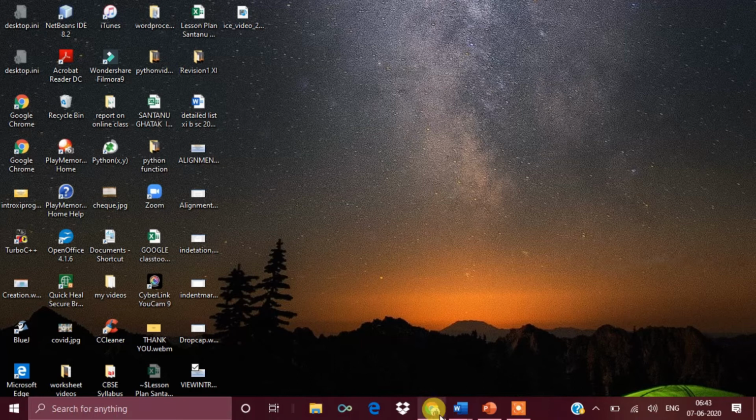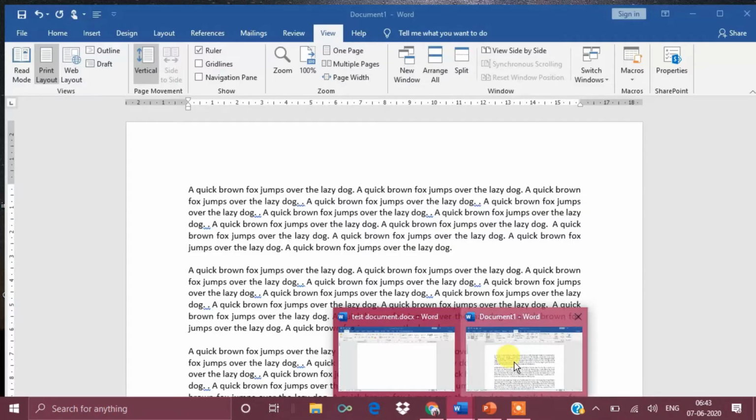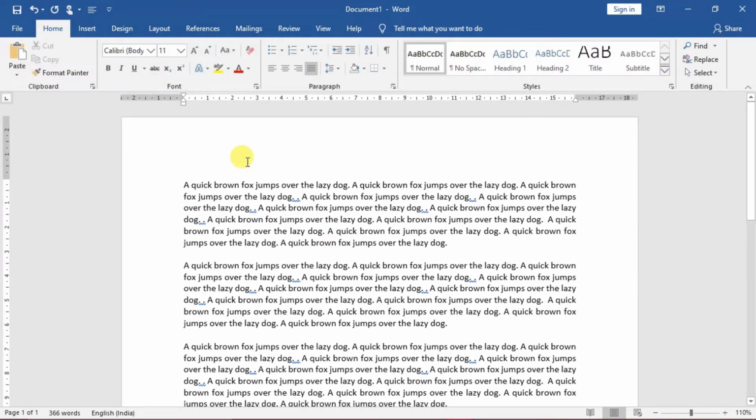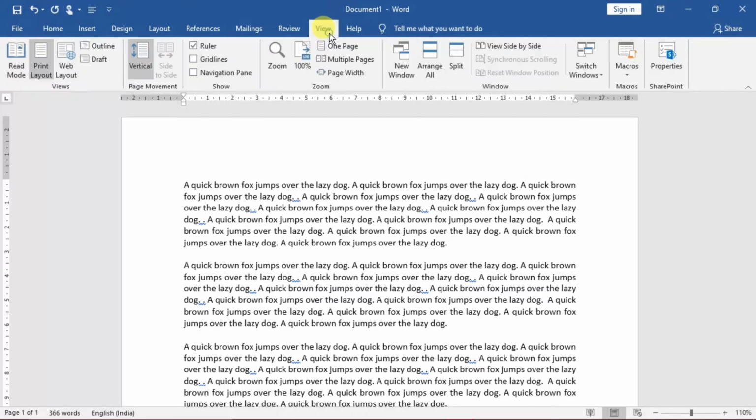Let us just start with the view. So I'm opening a document here. I'm in the home tab, so what you have to do is go to the view. Under the view, you will get the read mode, which is actually known as full screen reading view. Read mode is the best way to read a document, including some tools designed for reading instead of writing. So here the writing is not allowed; it is used only for reading.